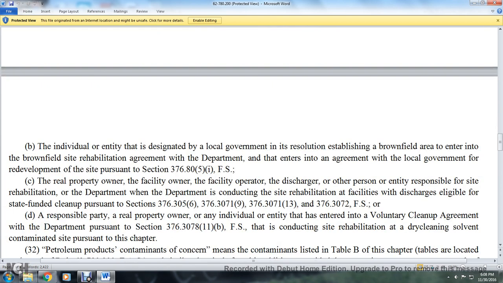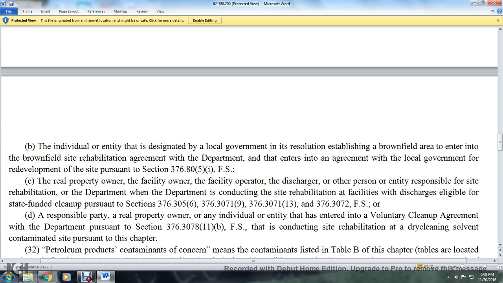B. The individual designated by the local government in a resolution establishing a brownfield area who entered a brownfield site rehabilitation agreement with the department, or who entered an agreement with the local government to redevelop the site pursuant to section 376.80, Florida Statutes. The real property owner, facility operator, discharger, or other person responsible for the site rehabilitation. The department conducting the site rehabilitation of a facility with discharge eligibility, funding the cleanup pursuant to section 376.305(6), 376.307(1)(e),